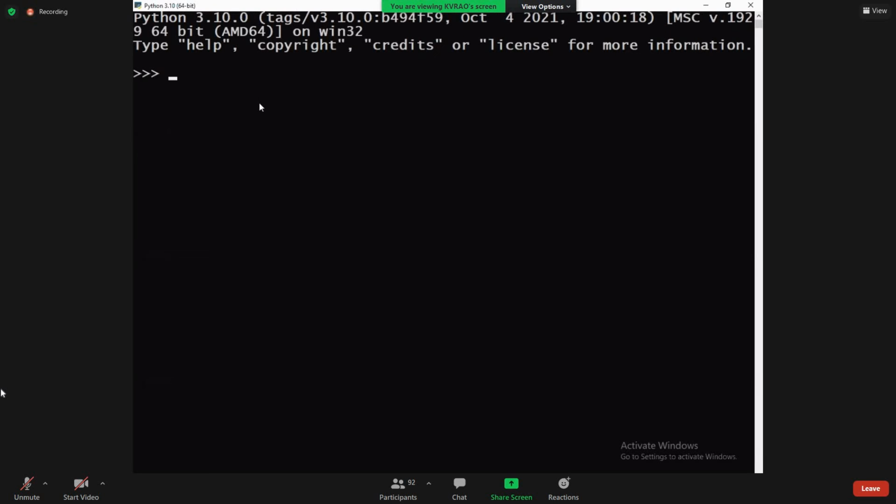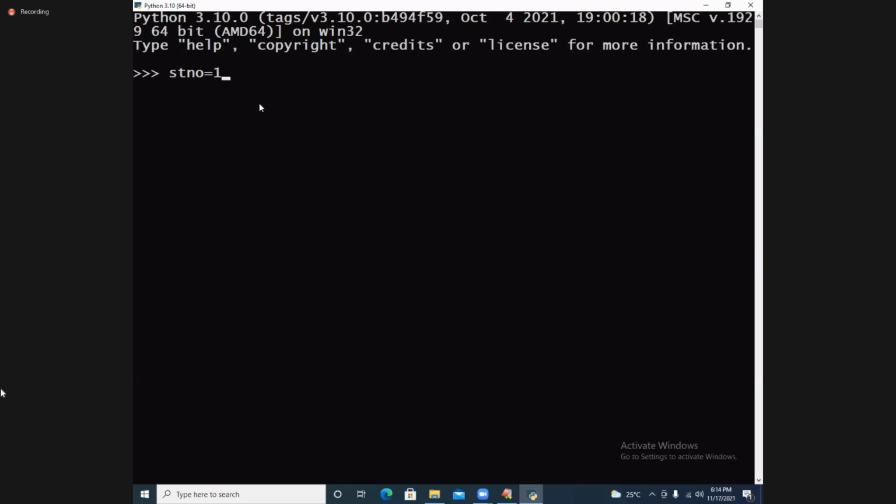Observe here. stno is equal to 10. In the beginning days, I told you about print of stno, varieties of ways of printing. stno 10 is printed. One more way I can print it: student number is equal to dot format of stno.